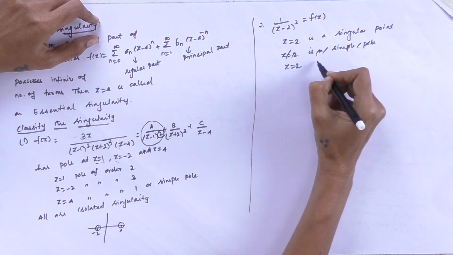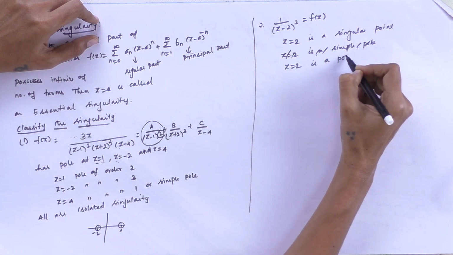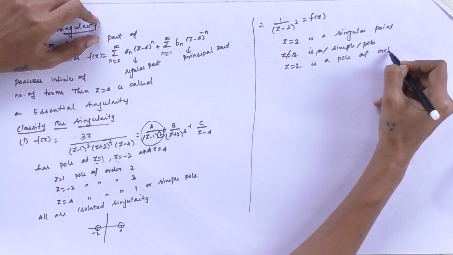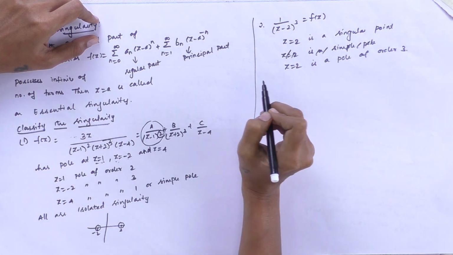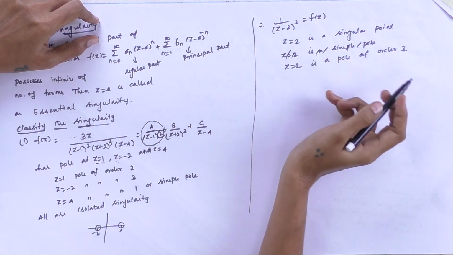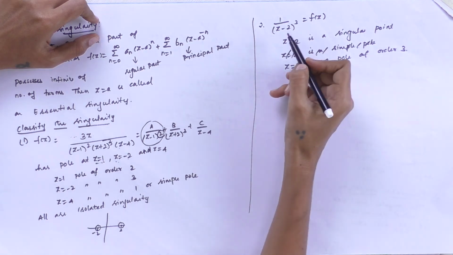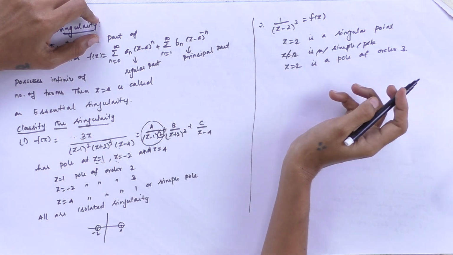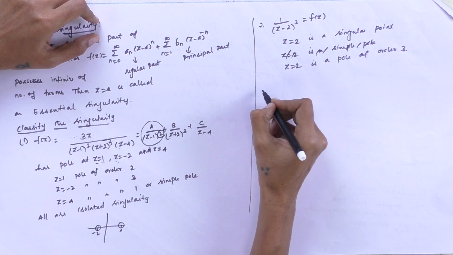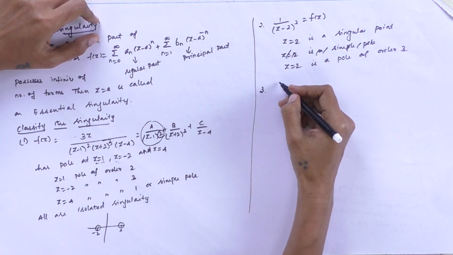Wrong. z equal to 2 is a pole of order 3. I leave it to the reader to check whether this function has an isolated singularity or not. The next problem,